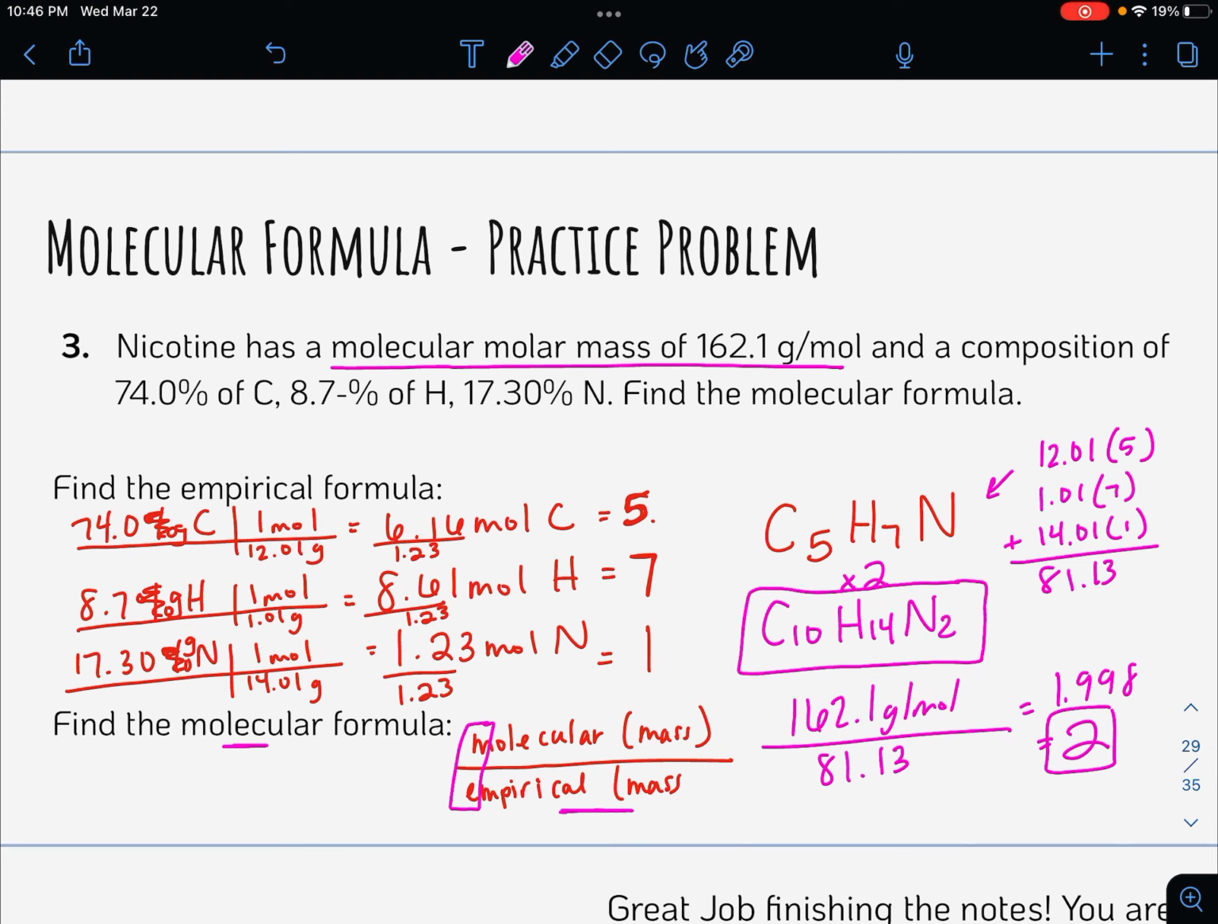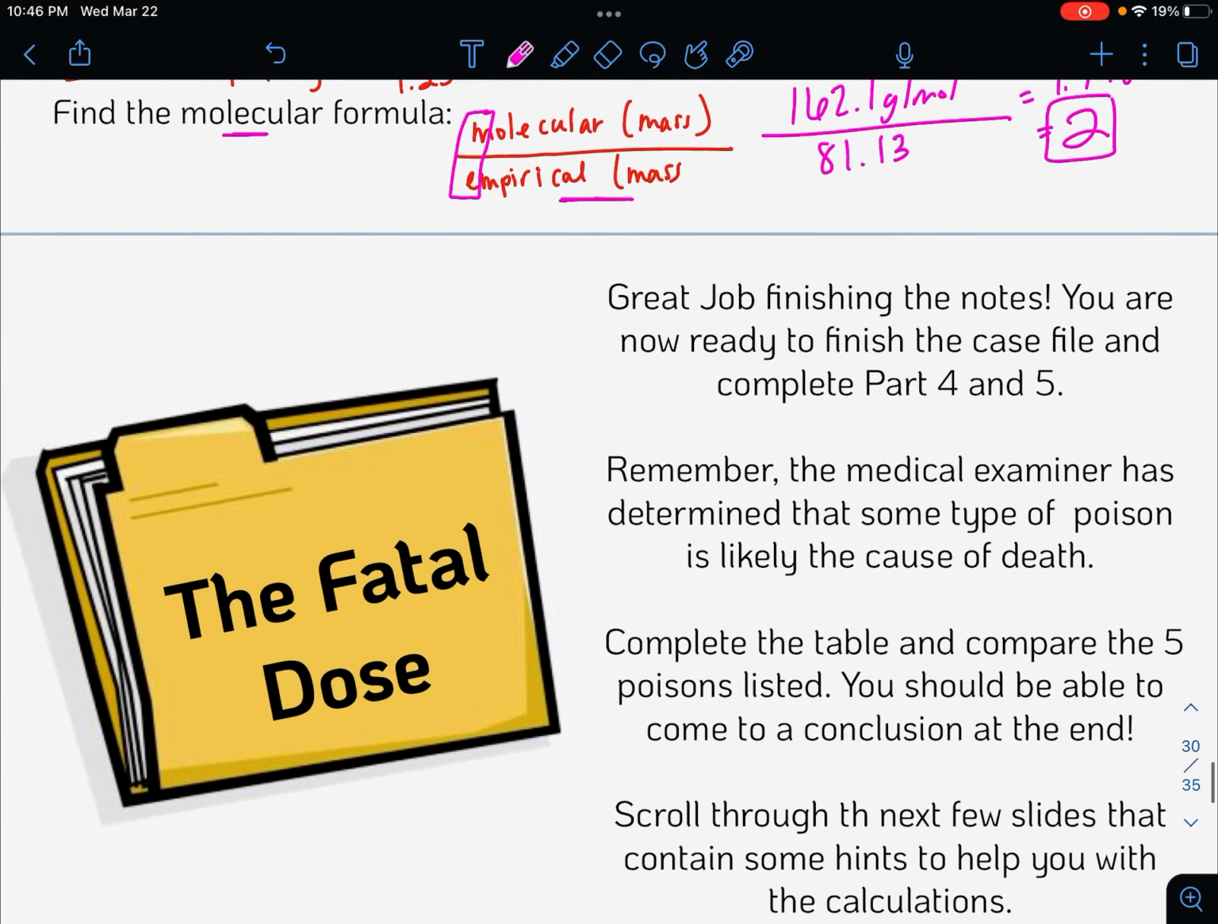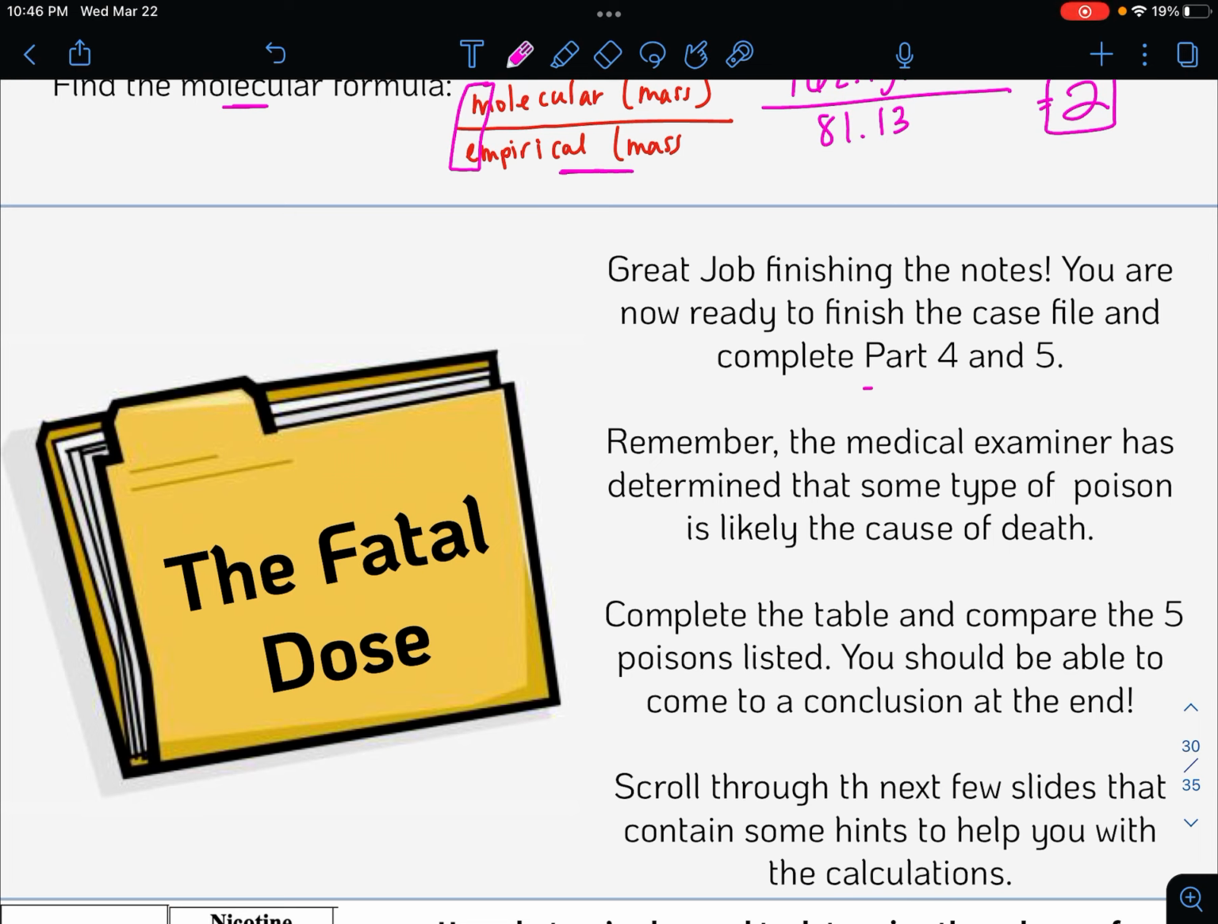So that's all for the notes. Feel free to go back and look at any practice problems if you need to. Your next step is to go through and complete parts 4 and 5 of the case, and that will get you a lot more practice. And then as always, if you have any questions, feel free to